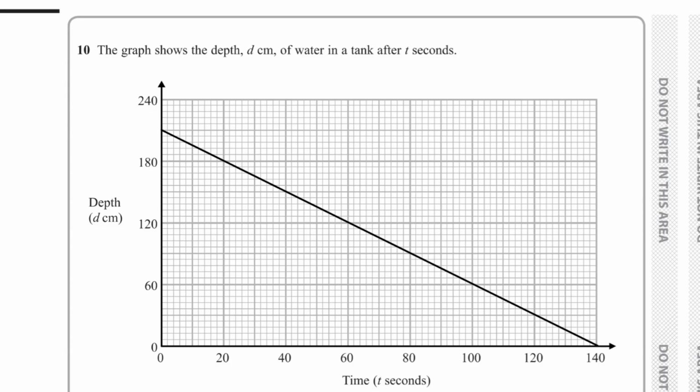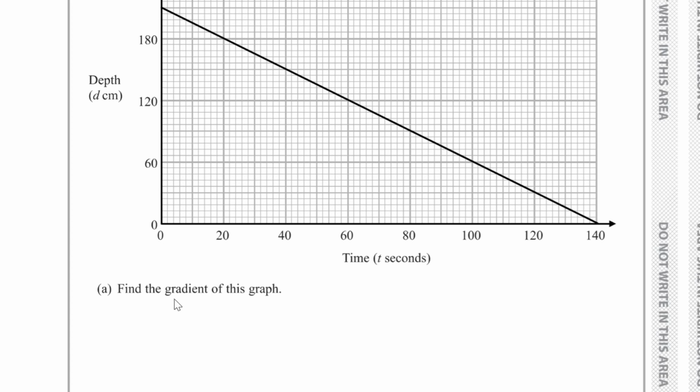Question number 10. The graph shows the depth D centimeters of water in a tank after t seconds, and we have to find for part A the gradient of this graph. Well, the gradient is equal to the change in y over the change in x. So therefore, the gradient